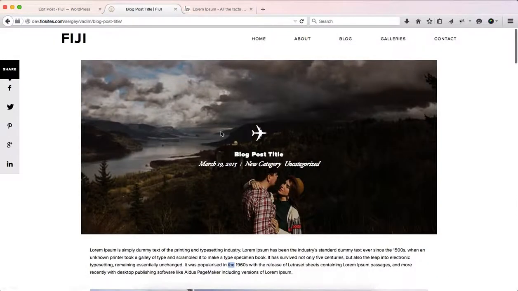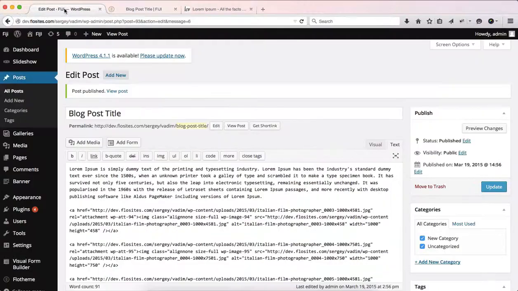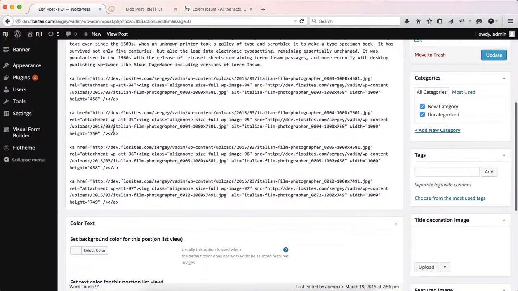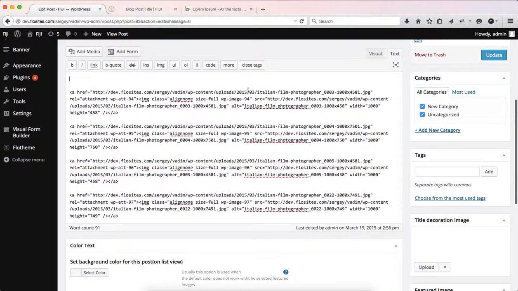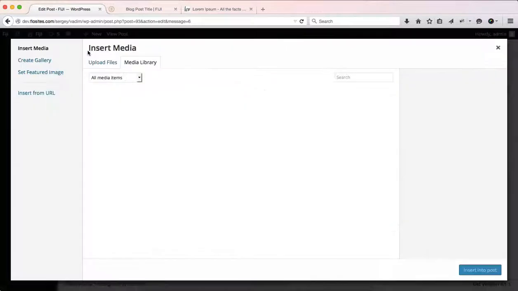So these are the basic steps of how to create and add content within your blog post. There are several other options that you need to know about. For example, creating a full screen or adding a full screen image. In this case, what you want to do is whenever you hit add media,